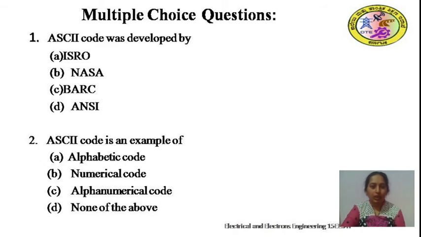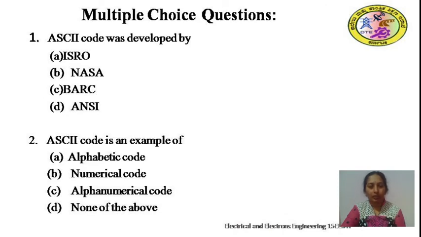NASA, National Aeronautics and Space Administration, is from the USA. That is not correct actually. BARC, Bhabha Atomic Research Centre, is an Indian organization. No. The correct answer is D, American National Standards Institute. They developed the ASCII code.